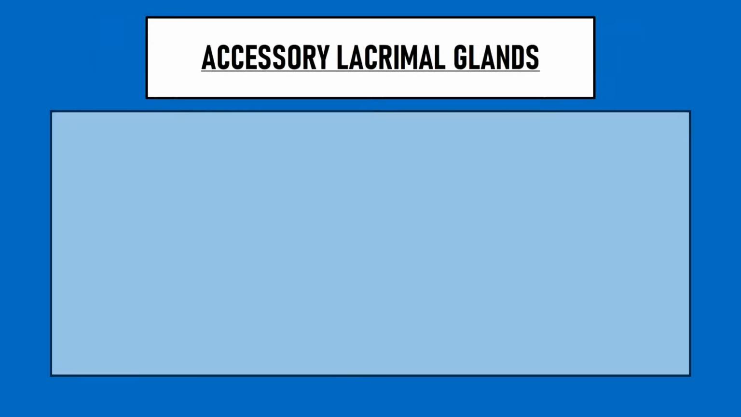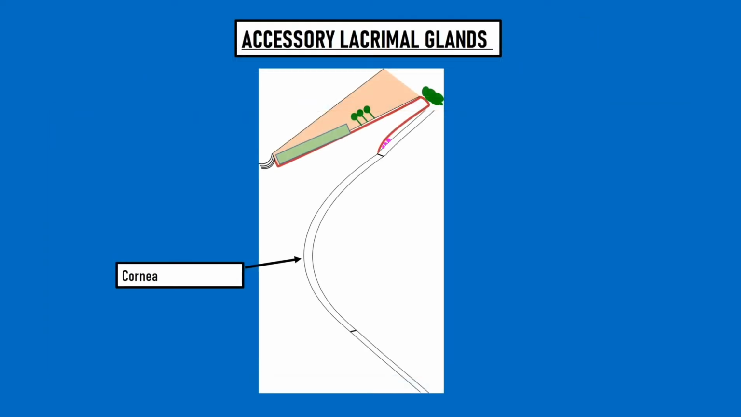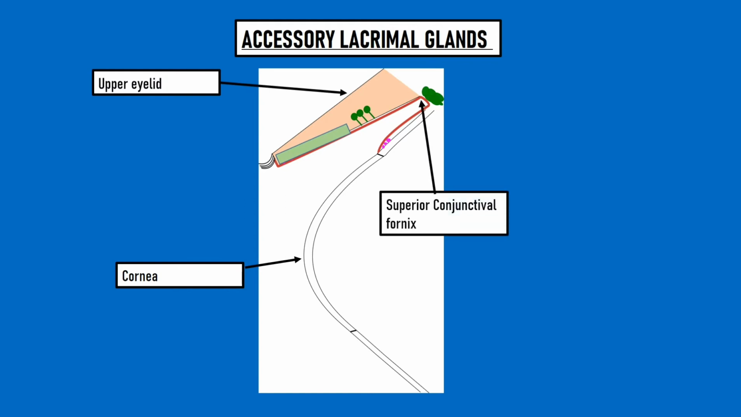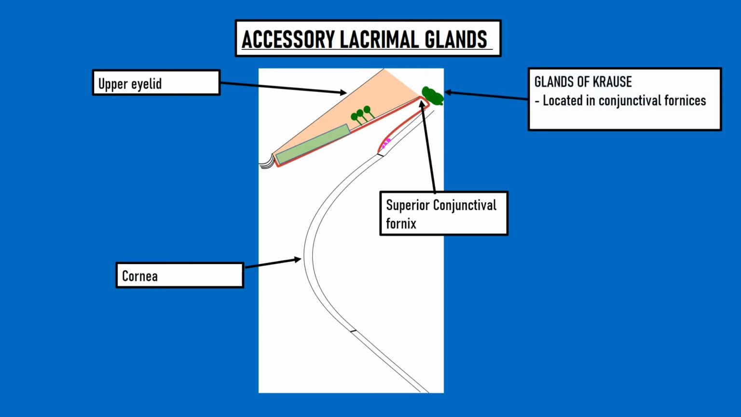Accessory lacrimal glands are glands of Krauss and glands of Wolfring. In this diagram, you can see the cornea. This is the upper eyelid and this is the superior conjunctival fornix. Glands of Krauss are located in the conjunctival fornices. There are about 20 to 40 glands of Krauss in the superior conjunctival fornix and about 10 in the inferior